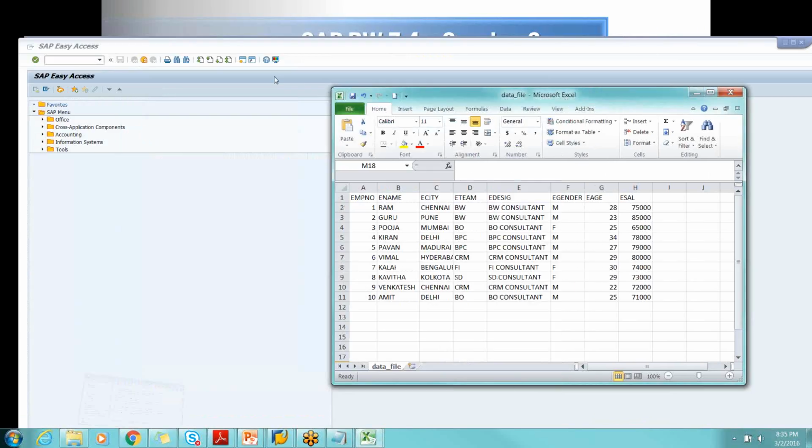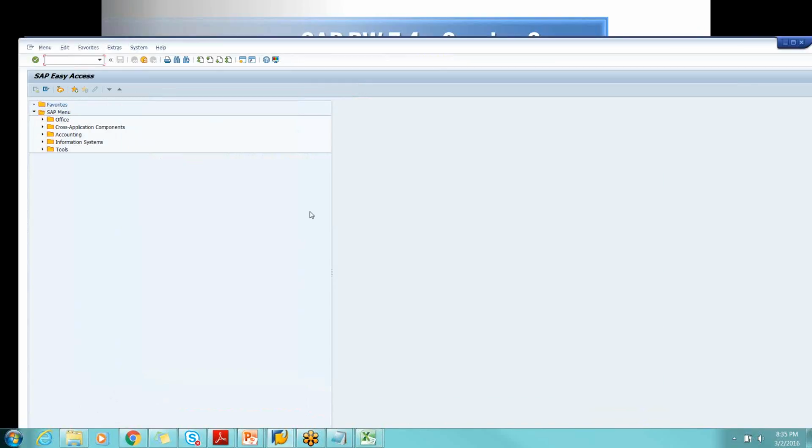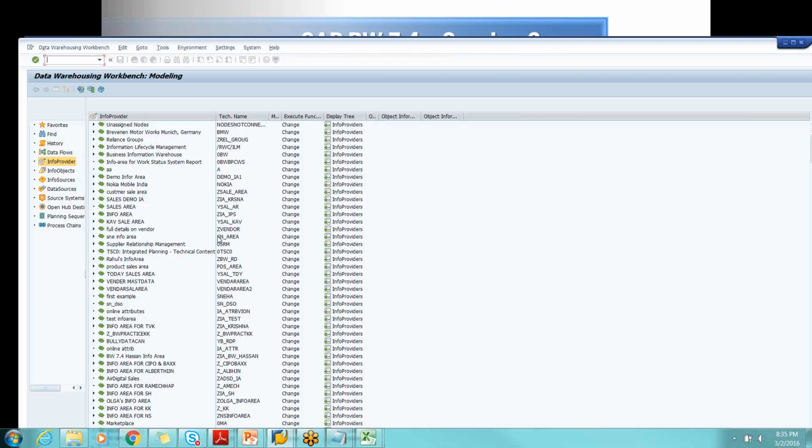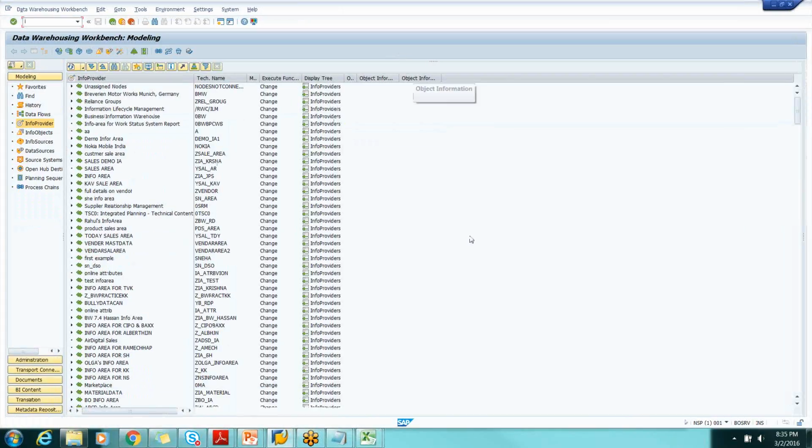So where do you go to create the info objects? The transaction, right? /n RSA1. This is the transaction to go to the data modeling area. So I go to the data modeling area, and now I will go ahead and create one